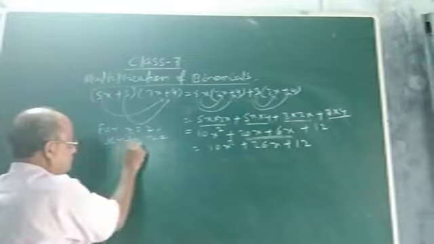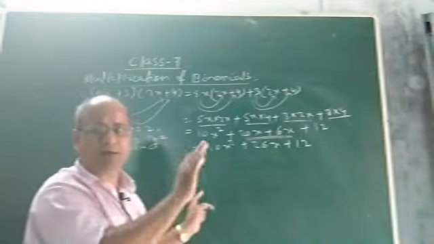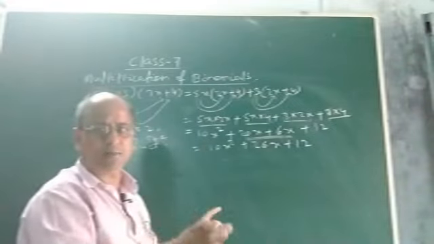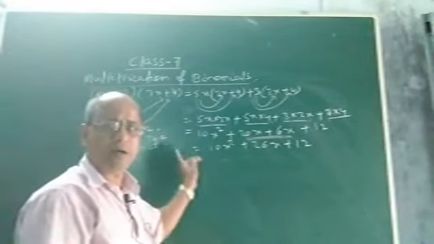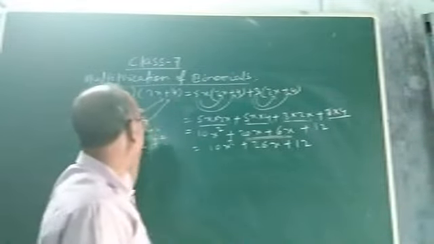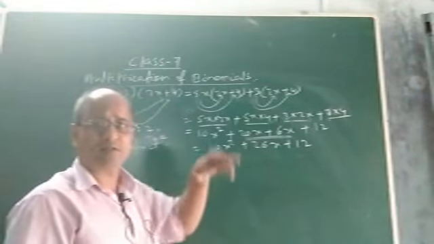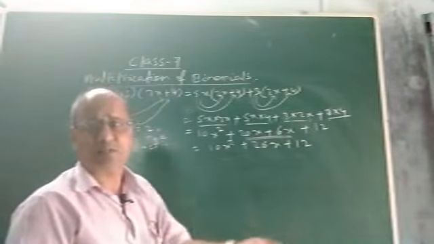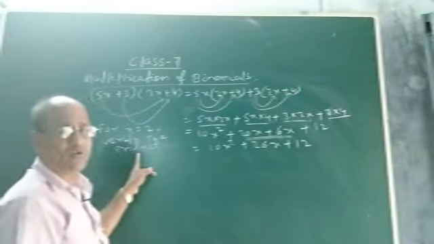So what to do? Children, I have already told you in previous lessons while multiplying monomial, binomial, how to verify the product. We will follow the same procedure to verify the product of two binomials or more than two binomials. No problem. The way we multiply two binomials, you will follow the same process to multiply even more than two binomials. Okay children, I hope you understood. See, now let us see how to verify.